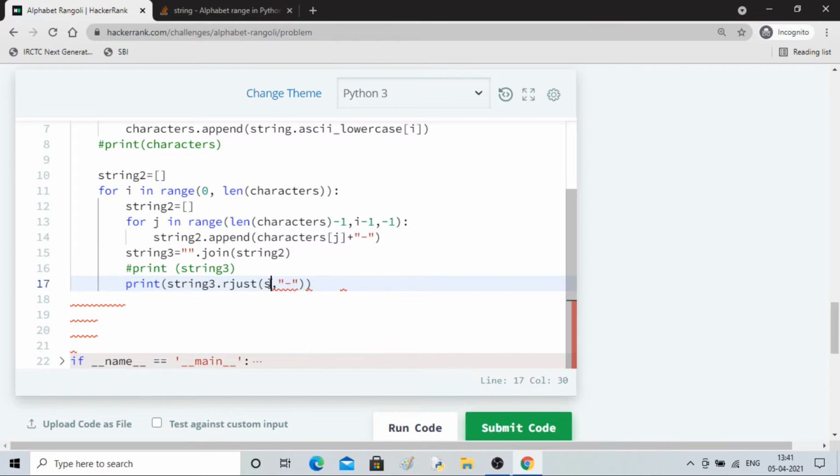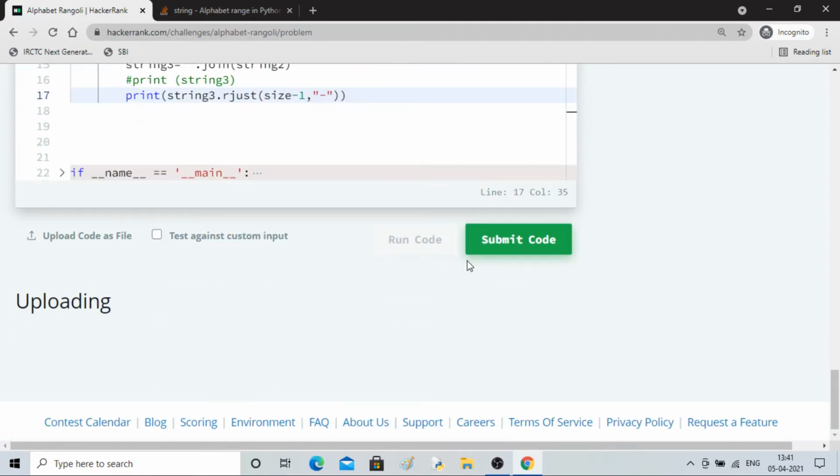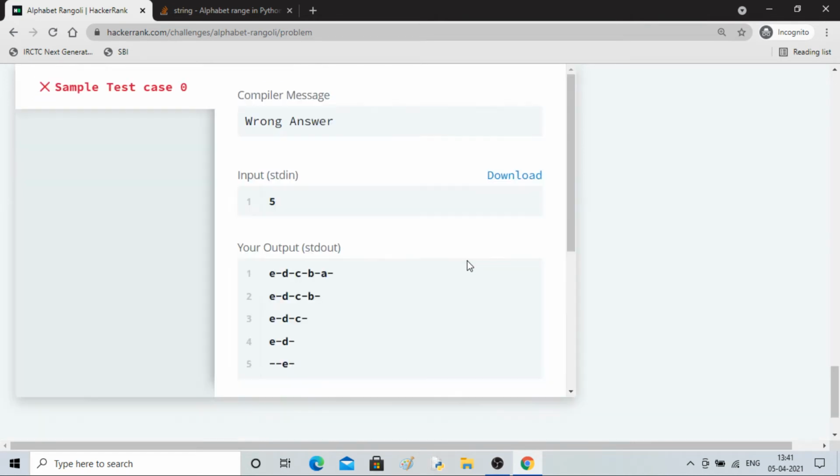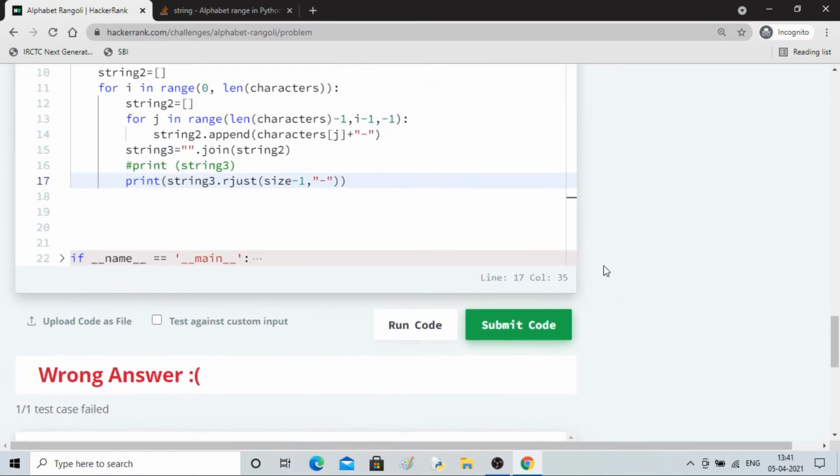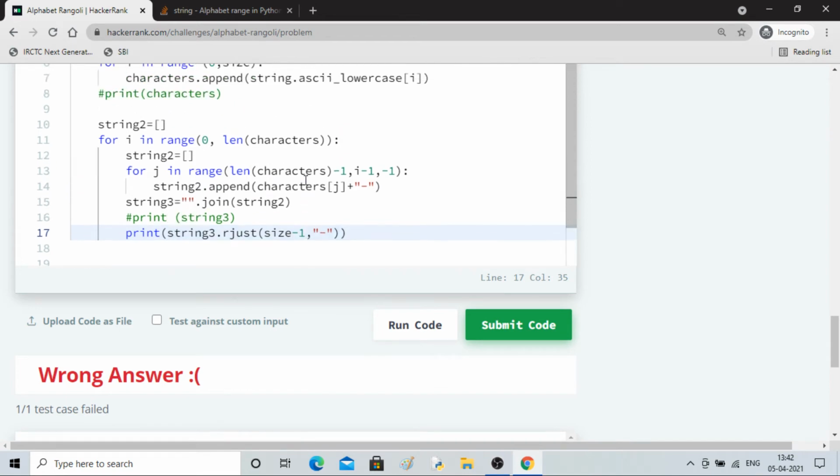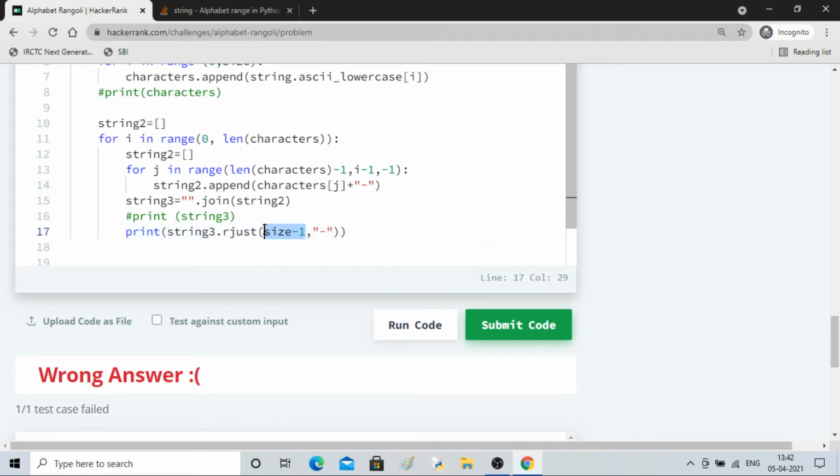Size, which is size minus 1, if I do that, then also what is the problem? Size is changing, so it won't work.